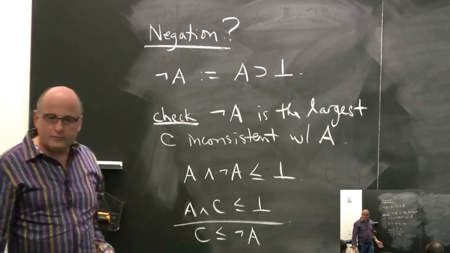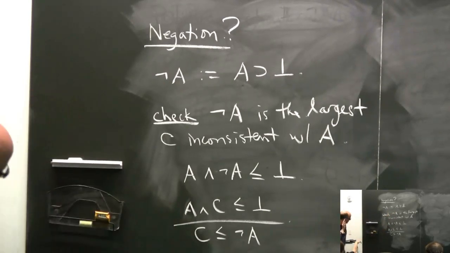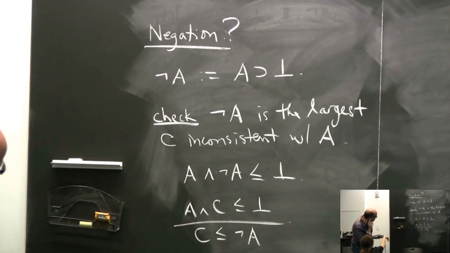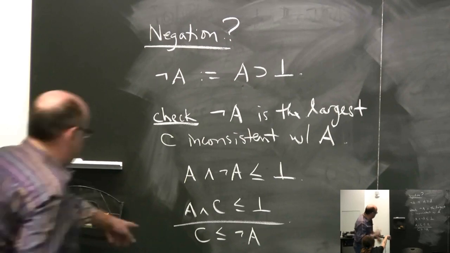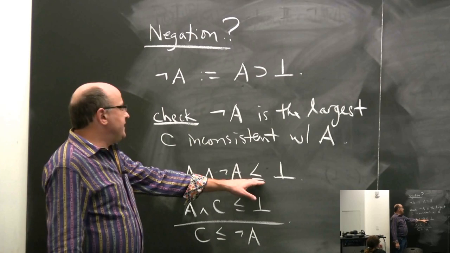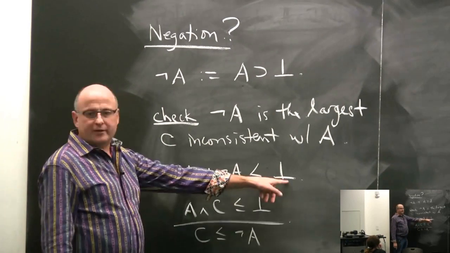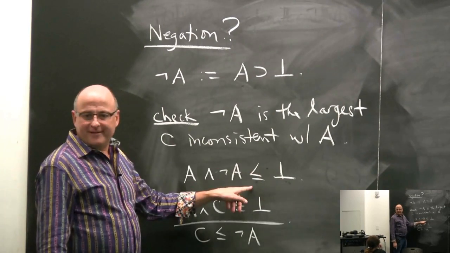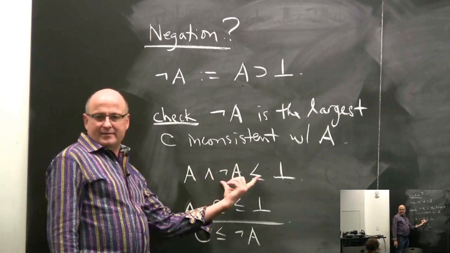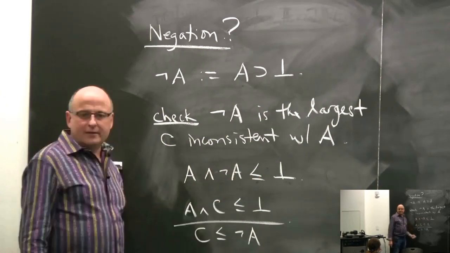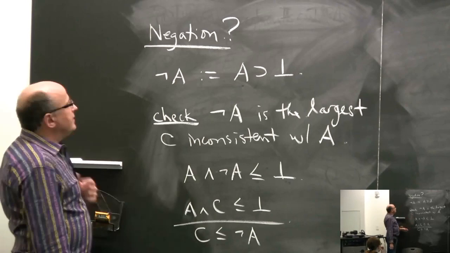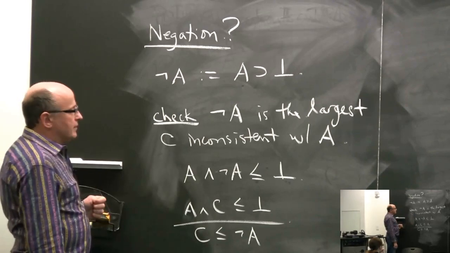Okay, so that's what I'm saying. For A and not A, can you write A and not A equals false? Instead of less than or equal false, can you write equals false? Yes, you could actually write equivalent here because this is the least element. So it's less than everything, and therefore it's equivalent to it. Okay, so that's what I'll define as my notion of negation.